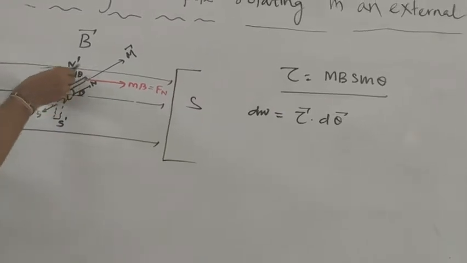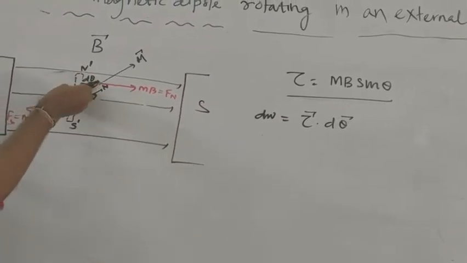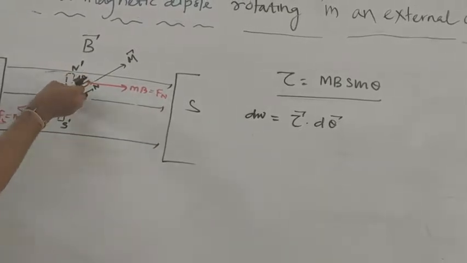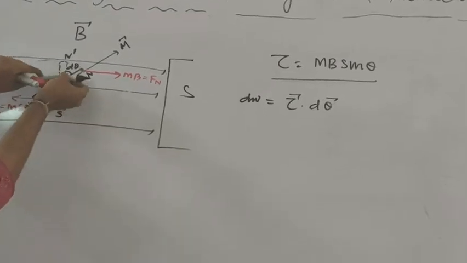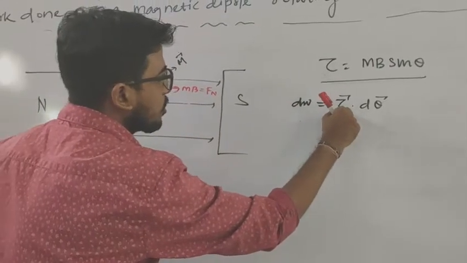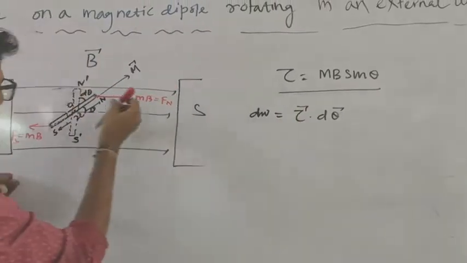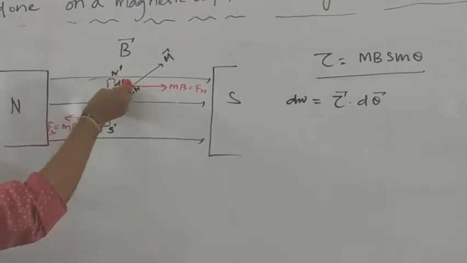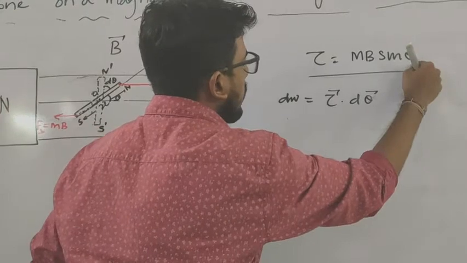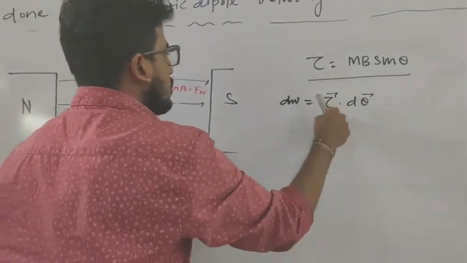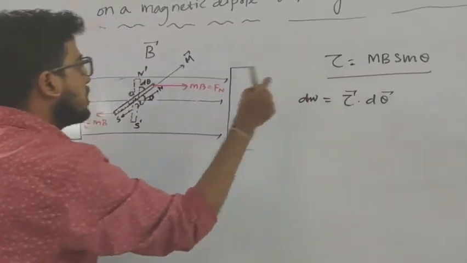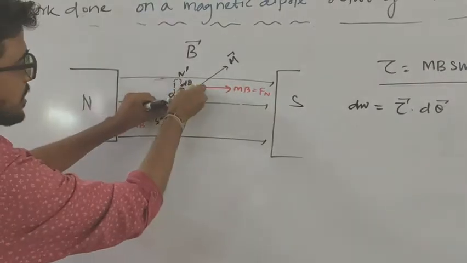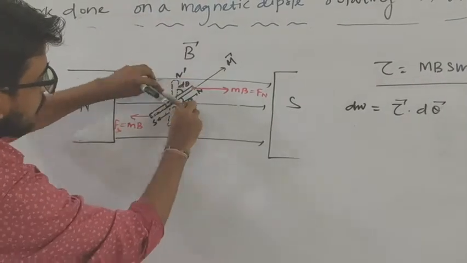As the angular displacement is d theta in anti-clockwise and the external torque is applied along this direction, because due to the external magnetic field the torque is along this direction. If the dipole is released, it will rotate like this. Okay, so here this is the torque applied by the external agent to rotate the dipole by an angle of d theta, or we can say the angular displacement of the dipole will be d theta. The torque due to the external field has the same value tau, but it is opposite to the torque applied by the external agent. So if the dipole is placed like this, due to the external magnetic field, it will experience a torque or it will rotate like this.